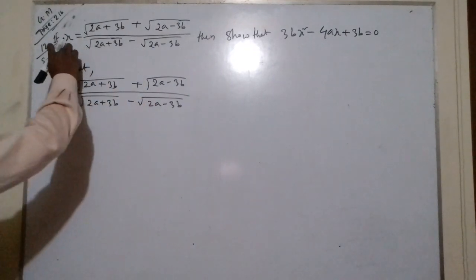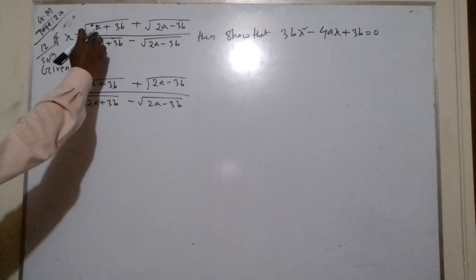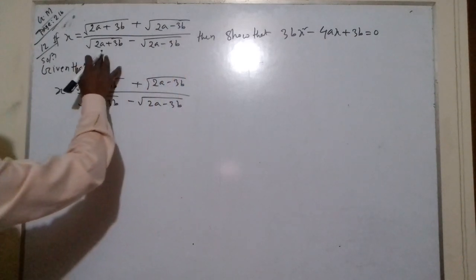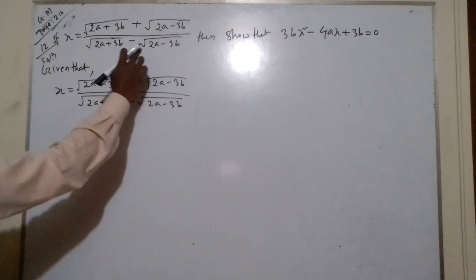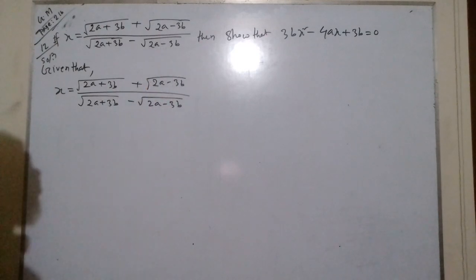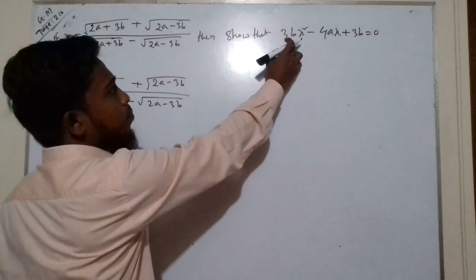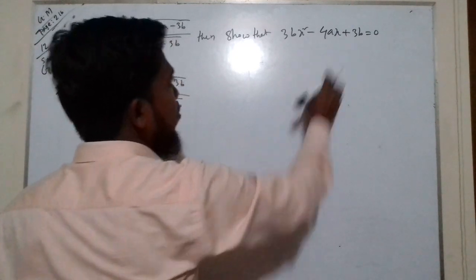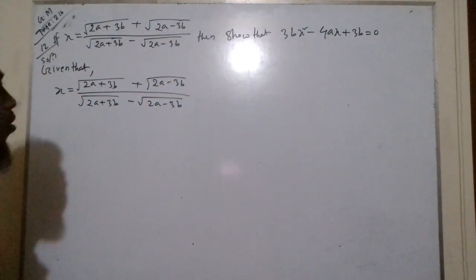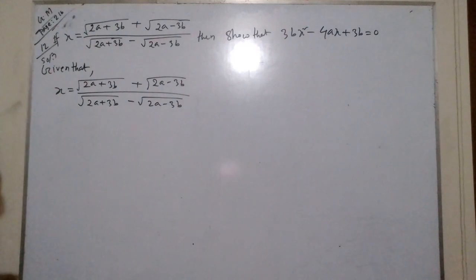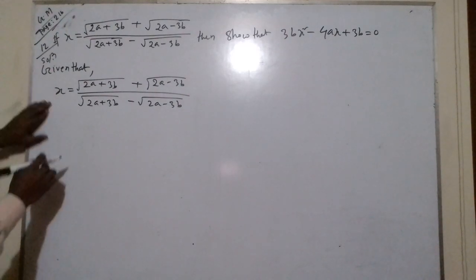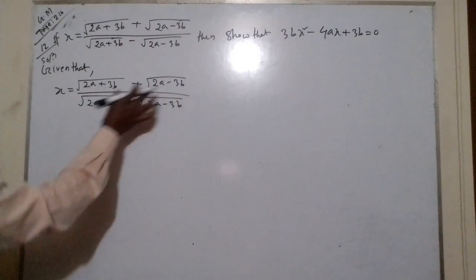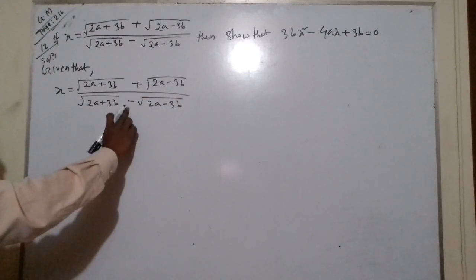Here the problem number 12: if x equals root over 2a plus 3b plus root over 2a minus 3b, divided by root over 2a plus 3b minus root over 2a minus 3b, then show that 3bx square minus 4ax plus 3b equals 0. Now the solution. Given that x equals this, here we see that these are the same terms but with opposite sign, so